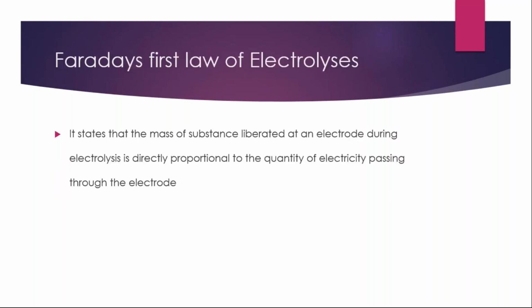So let's look at Faraday's first law of electrolysis. It says that the mass of substance liberated at an electrode during electrolysis is directly proportional to the quantity of electricity passed through the electrode. The mass of substance liberated at an electrode during electrolysis is directly proportional to the quantity of electricity passing through